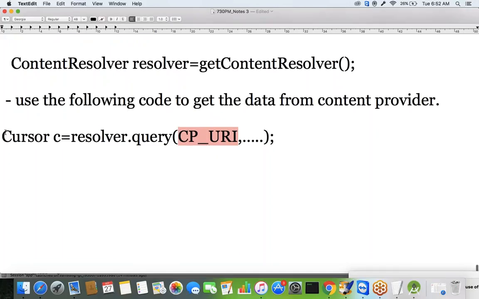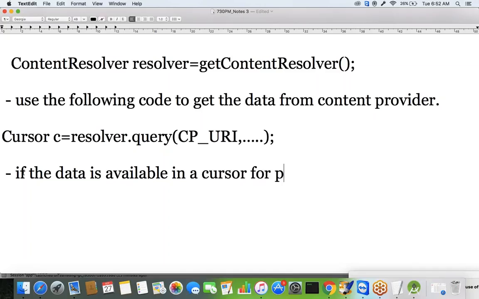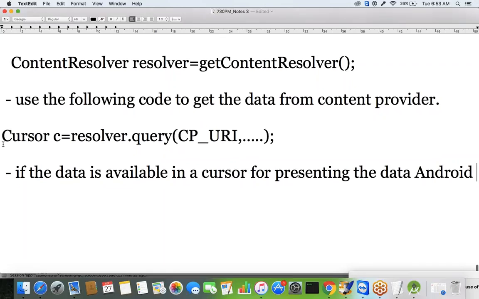Okay, so you will get the data. Now the data is available in which object? The Cursor object. The data we got is stored in the Cursor object. If the data is available in a cursor, for presenting the data, Android is providing an adapter called